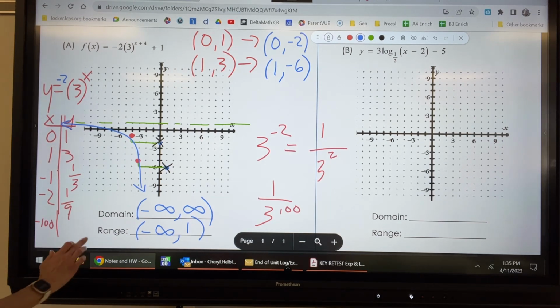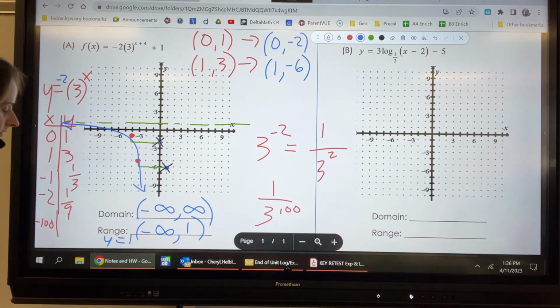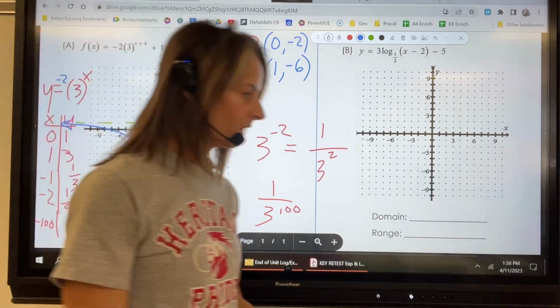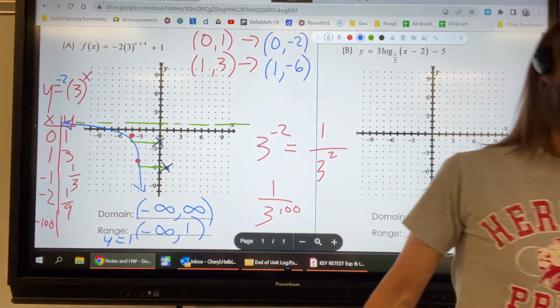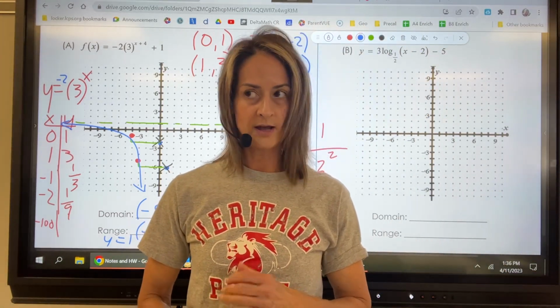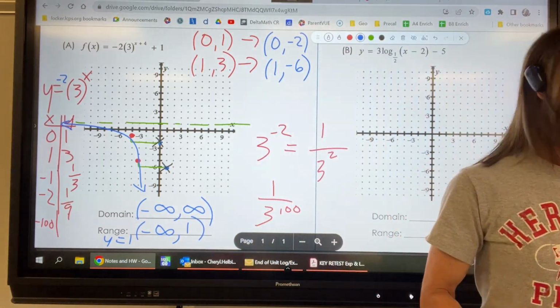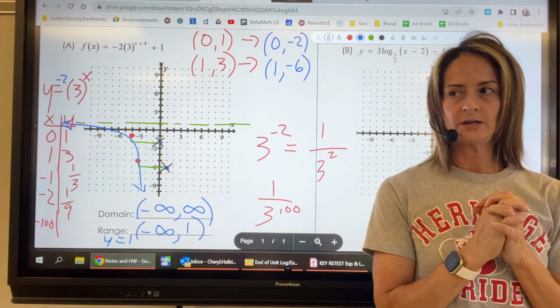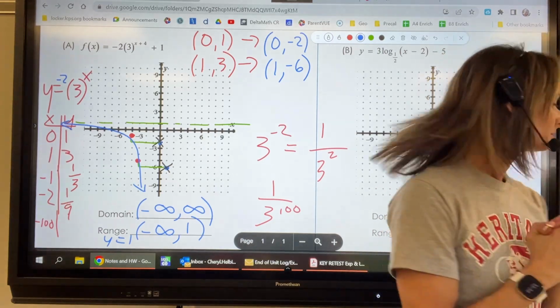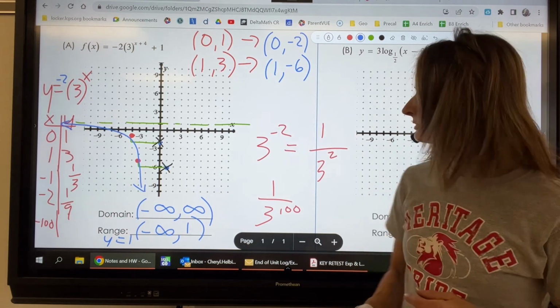And then the equation of the asymptote is y equals 1. And don't just write 1, because that could be x equals 1. I want it to be y equals 1. Good? I'm going to stop the video. Did I do everything? I did. Okay, so